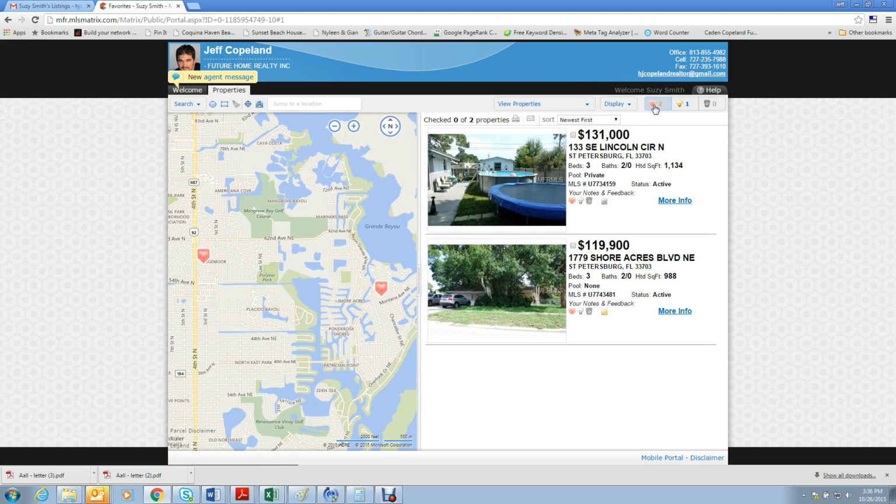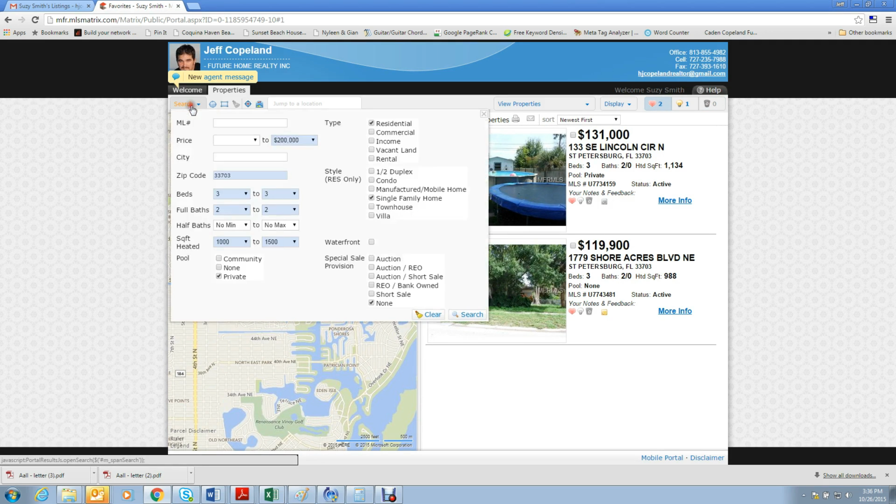You can obviously use this for your email listings, but you can also come over here to this search feature, and you can search for properties on your own. So you can come over here and put in your criteria or change the criteria to look for different types of properties. Maybe you don't want to see any foreclosures, or maybe you do want to see foreclosures. Maybe you do or don't want to see the waterfront homes, condos, etc. But here's another neat thing. Let's say that you found a